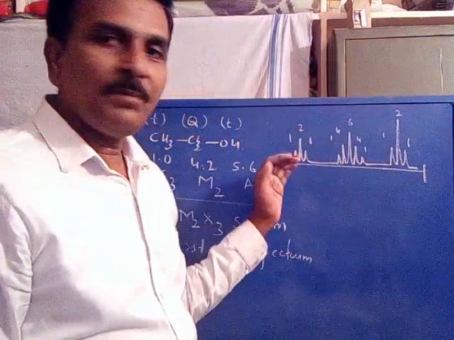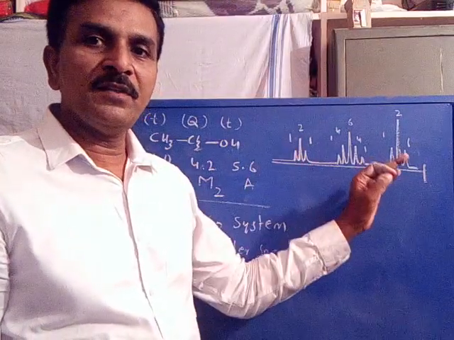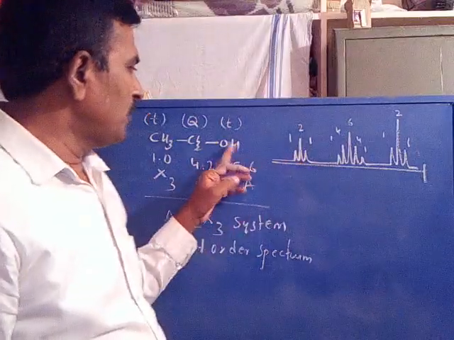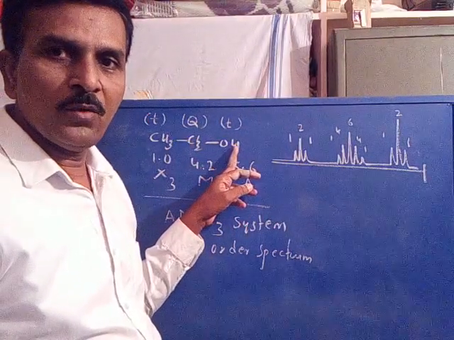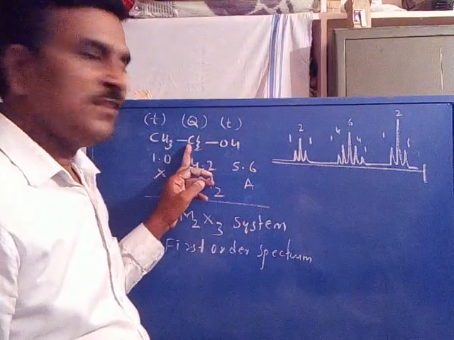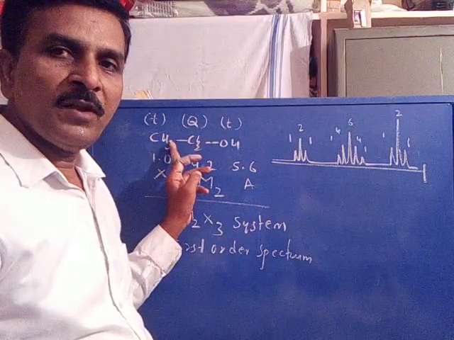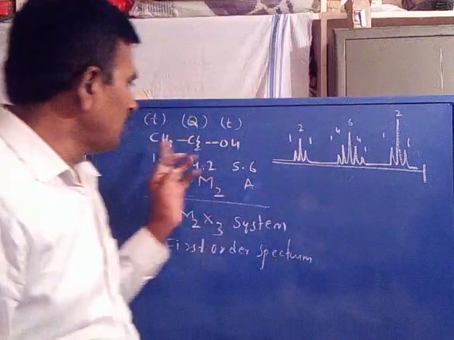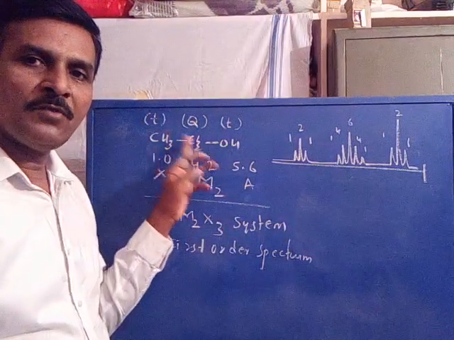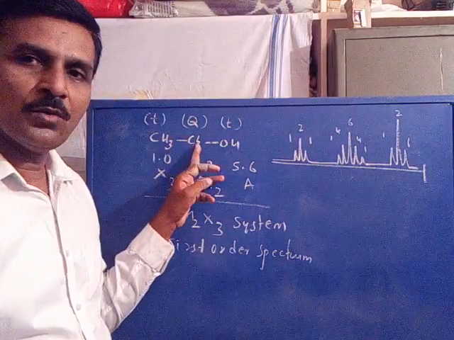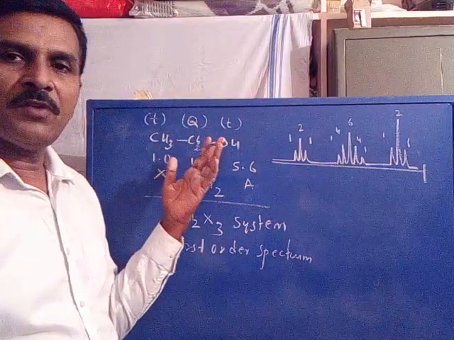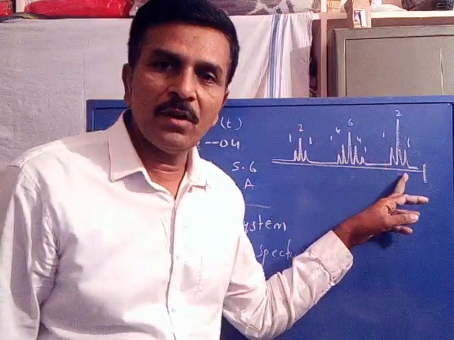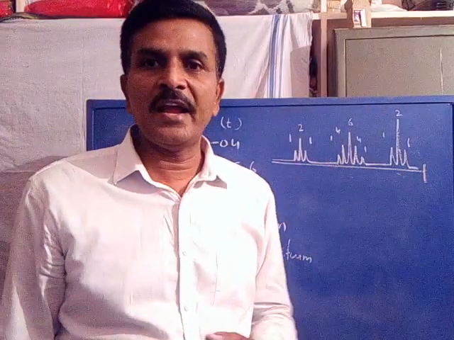Now you observe that every signal's multiplicity is according to the n+1 rule. A triplet, 1+2, the n+1 rule is applicable. This is a quintet, 3+1 is 4, 4+1 is a quintet. Again the n+1 rule is applied for CH2. The CH3 triplet, 1+2 protons, is coupled with the 2 protons of its adjacent set, so 1+2 it becomes a triplet. So the CH3 also follows the n+1 rule.